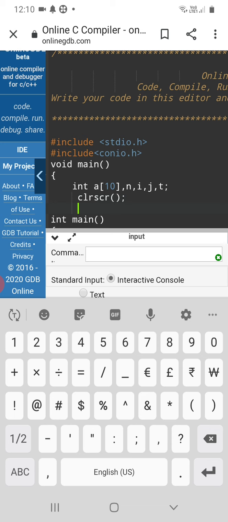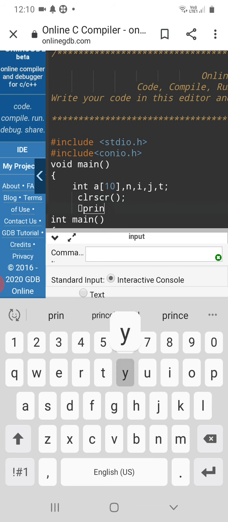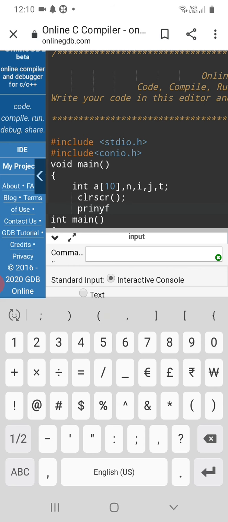Next, type printf, enter array size. Printf enter array size.